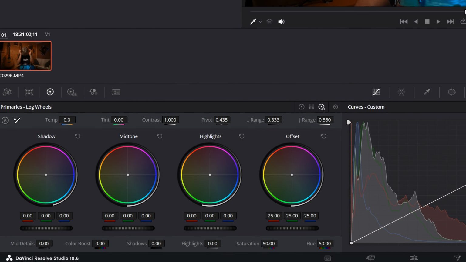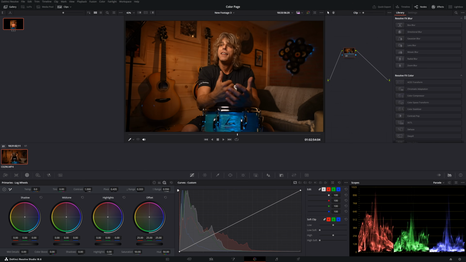DaVinci Resolve is known for being one of the premier color correction and color grading softwares on the market when it comes to video editing, hands down. That also means that it's going to be one of the trickiest ones to learn because it has so many features. So today I want to walk you through the color page on a very basic intro level